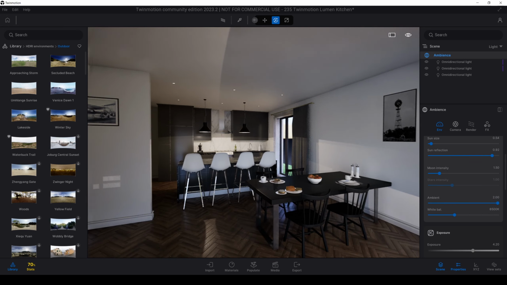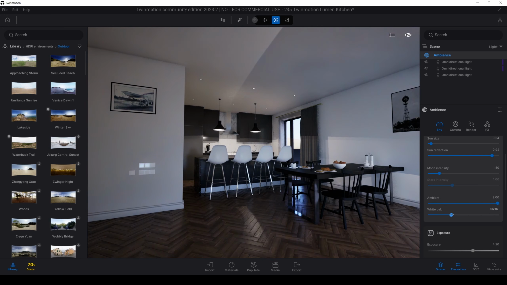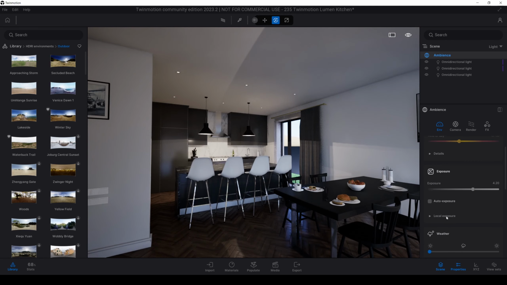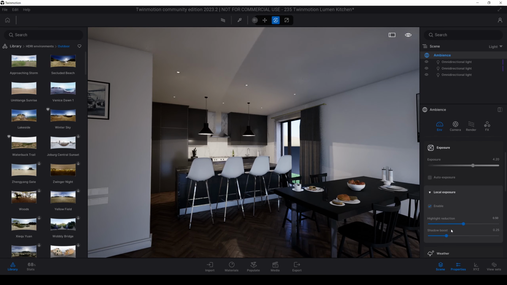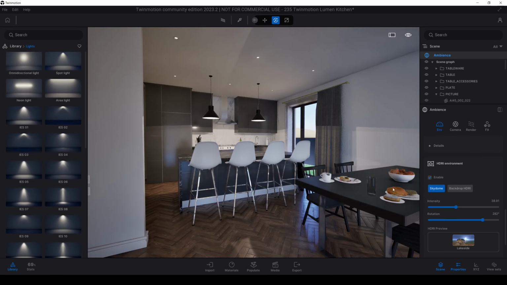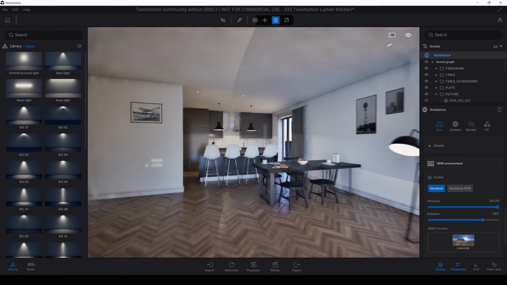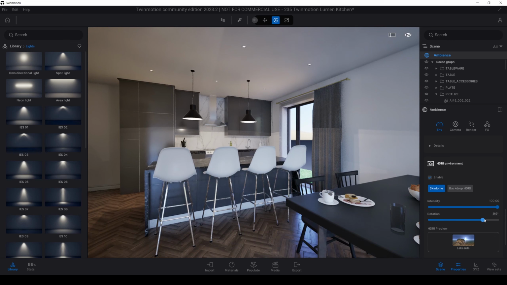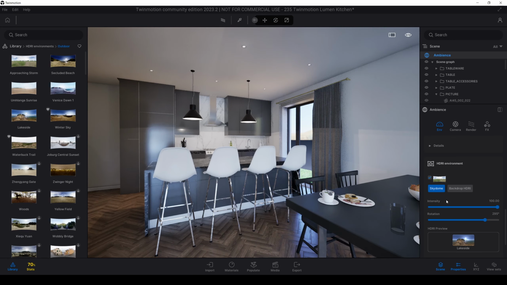Let's increase that and change the white balance to bluish. After that, I'll activate this local, increase the shadow, and increase the highlights. I'll just increase the intensity of the map. Maybe let's try this one.